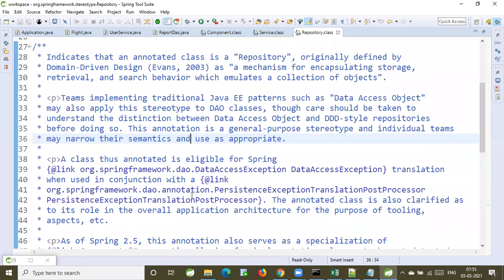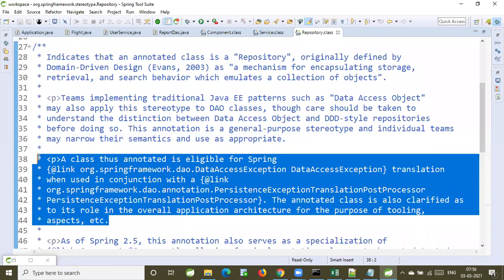Now, what is the speciality of this @Repository annotation? Please read it, guys. A class that's annotated is eligible for Spring data access exception translation when used in conjunction with the persistence exception translation post processor. The annotated class is also clarified as having a role in the overall application architecture for the purpose of tooling aspects.